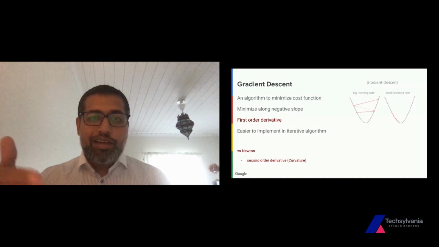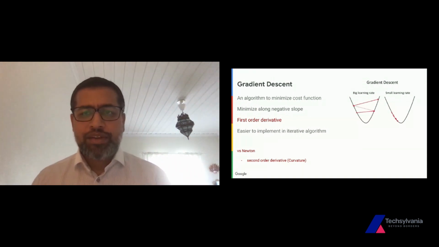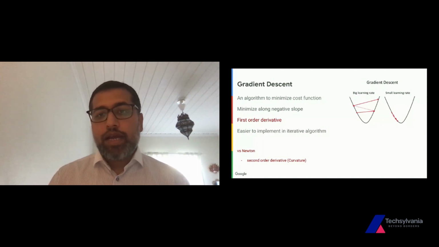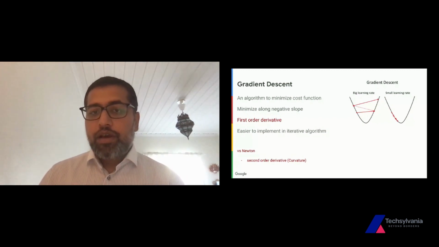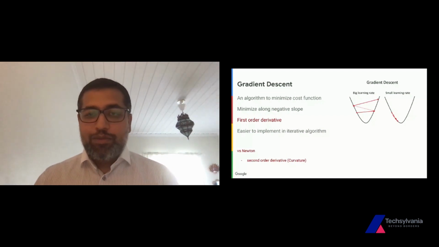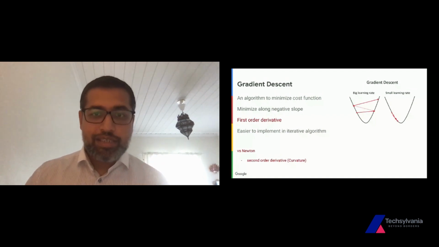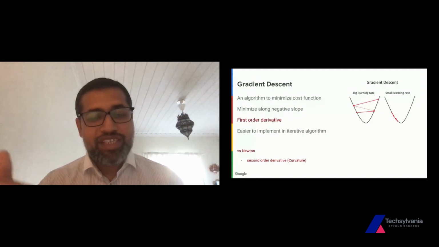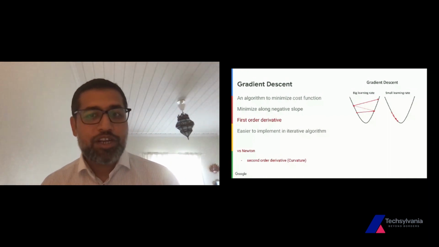So it just tries to minimize along the negative slope, tries different values of weights. And the reason for mentioning this is that this learning is governed by a parameter called learning rate. If we give a large learning rate, as you can see on the figure on the left-hand side, the machine learning model will very aggressively change the value of weight. That can result in a situation where instead of going towards the local minimum, we are increasing our error rate. On the other hand, if you give a very small learning rate, it will converge,